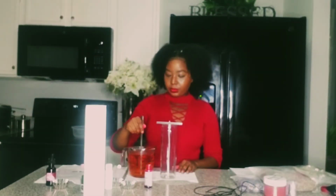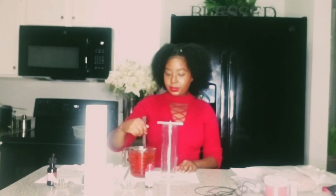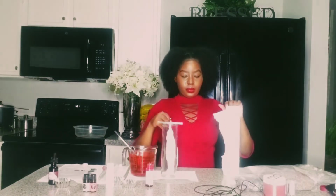Alright, so y'all see me stirring the wax that I melted in the microwave for 3 to 4 minutes. It's 16 ounces of wax. You don't want to go over 4 minutes because you don't want the wax to be too hot. I added 6 drops of pink dye, and I'm just testing to see if it's the color